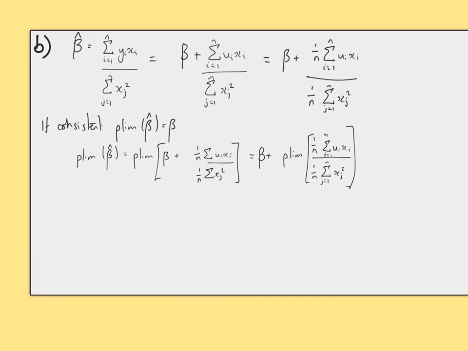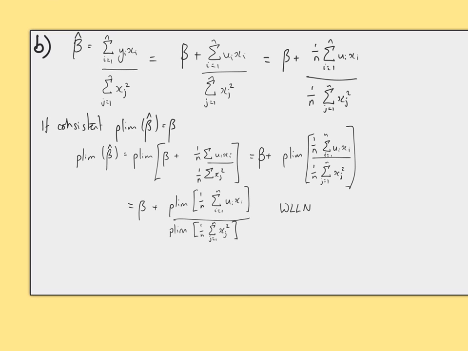The second rule of p-lims that we're going to use is that the p-lim of a ratio is equal to the ratio of the p-lims, provided the p-lim of the denominator is non-zero. So this is going to be equal to beta plus the p-lim of 1 over n times by the sum of the uxs over the p-lim of 1 over n times by the sum of the x squared. And using the weak law of large numbers,